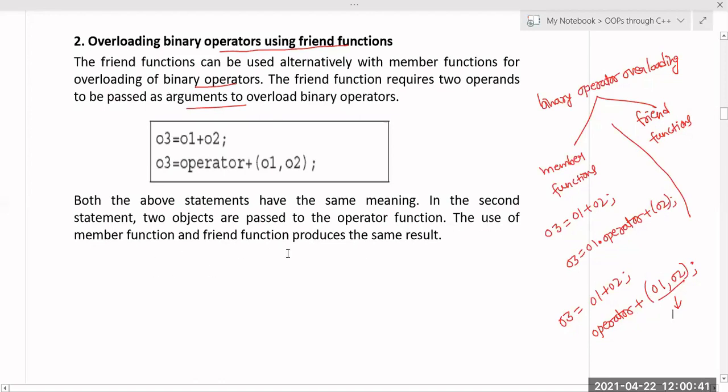The use of member function and friend function produces the same result, but with member functions the operator function takes only one parameter, and with friend functions it takes two arguments. We will discuss with examples.